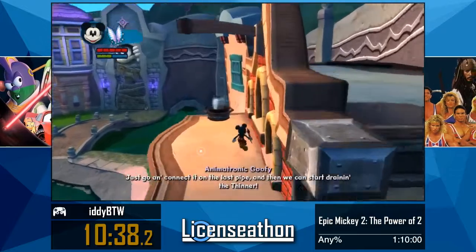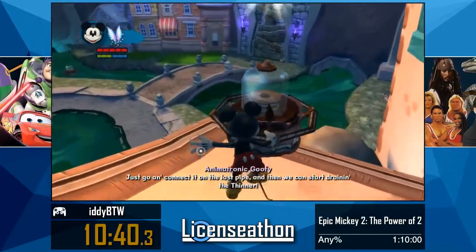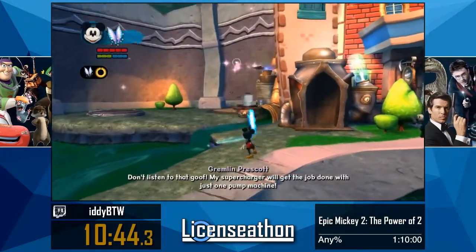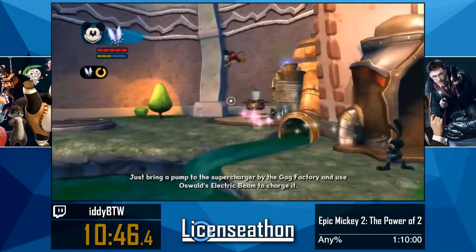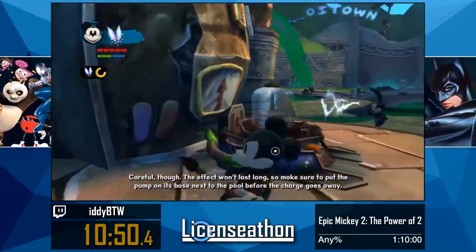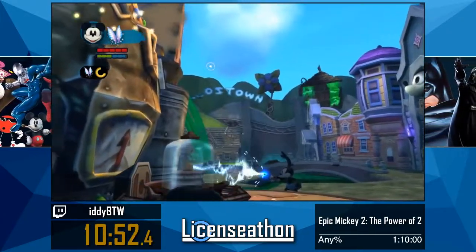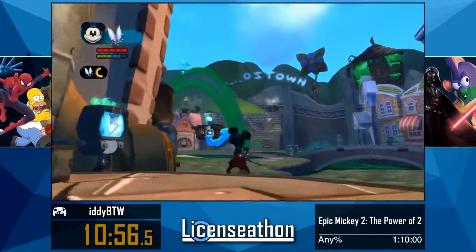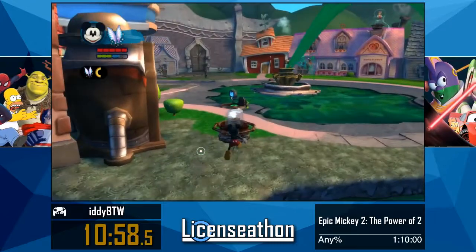So here's the battery. Spin it off. Then we're using our butterfly sketch to transfer it over. And then we shove it in. And now we're gonna try and aim. Alright, we got a really good...